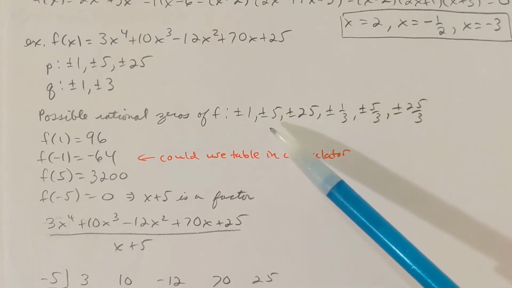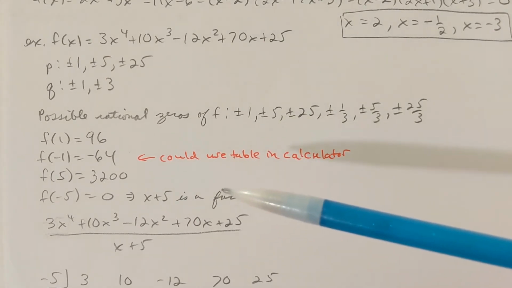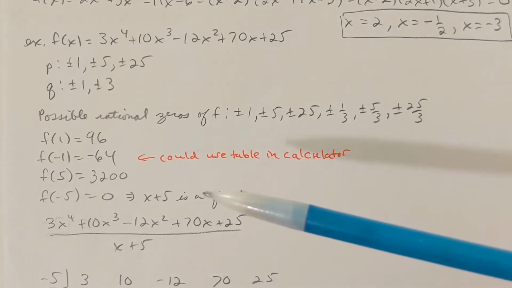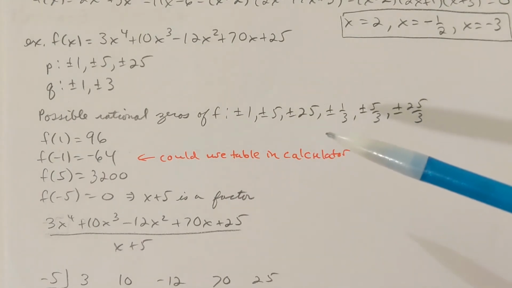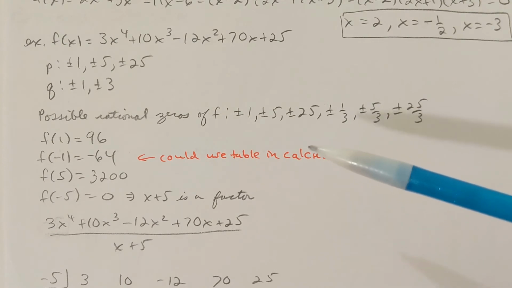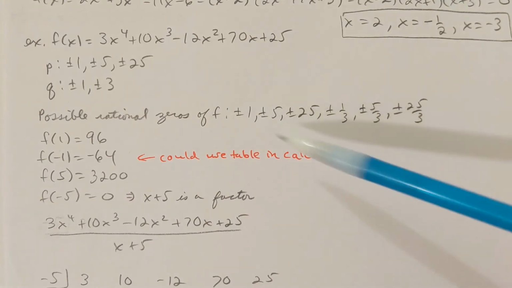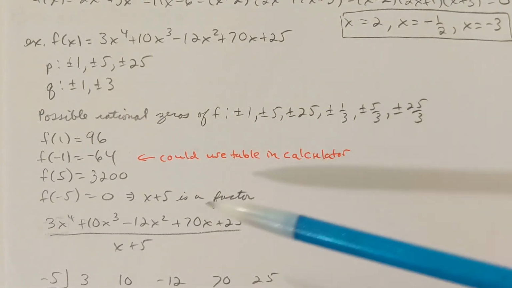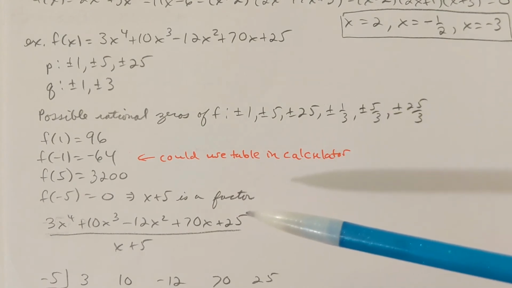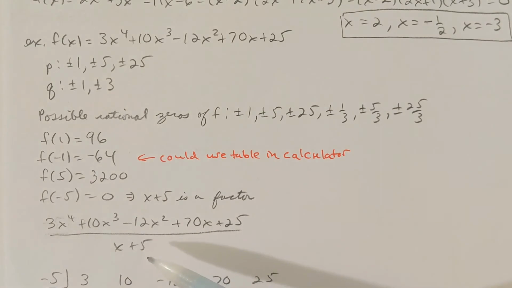Okay, I've got 12 possible rational zeros of f. So it makes the most sense to be guessing and checking only on this list. If I try plus or minus 3, it doesn't work because plus or minus 3 is not on this list. Plus or minus 1/3 is, but that's not the same as plus or minus 3. Okay, so I've got x plus 5 as a factor,